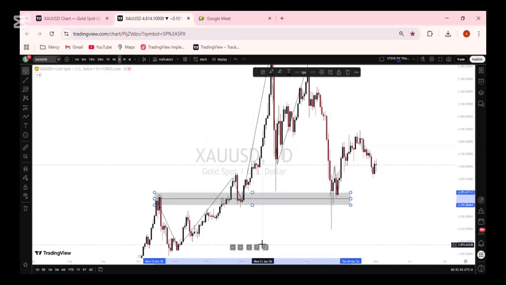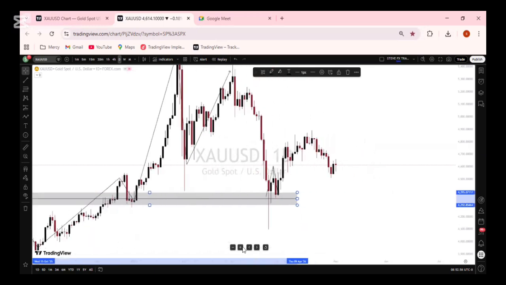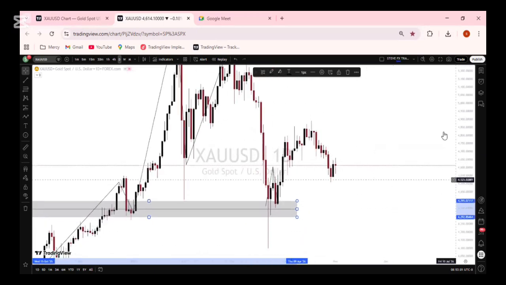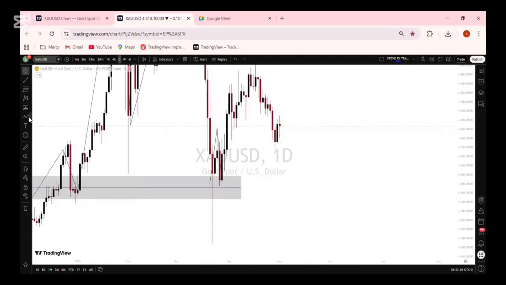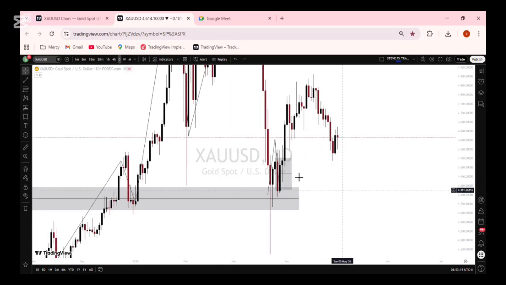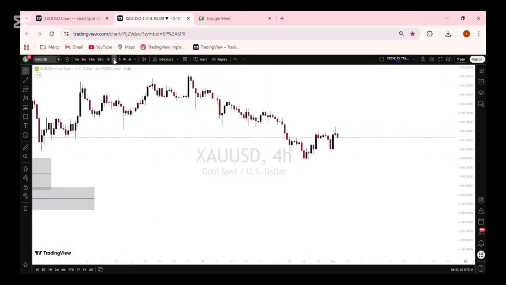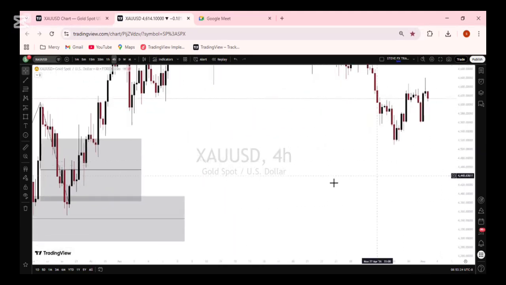So now what we are going to do is look for a point of interest where the market can react from. If we are considering our point of interest, this whole zone is an order block, but the order block is too big for us to consider for a trade. So we switch to our lower time frame. When you go to the daily to refine this order block properly,